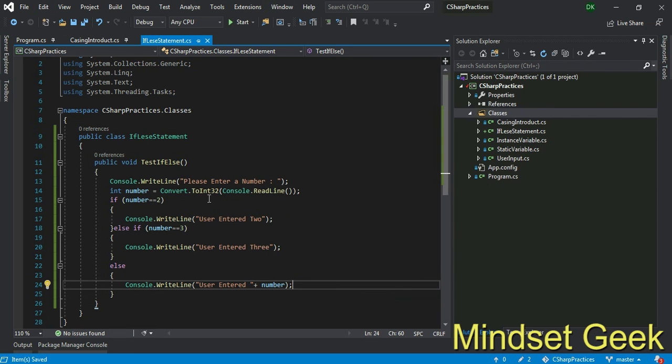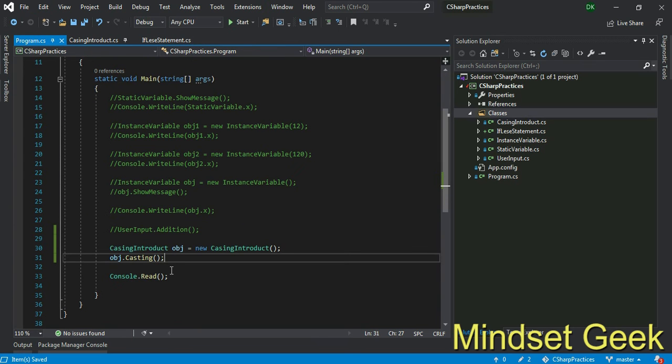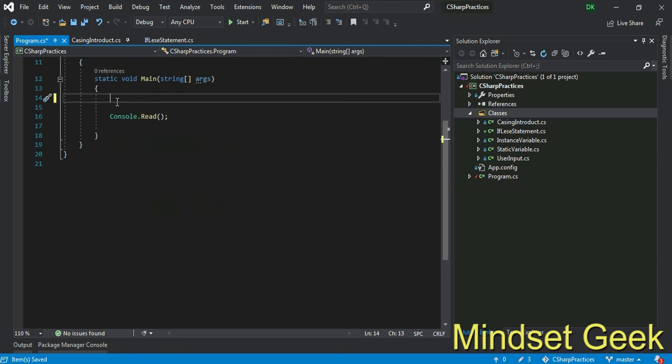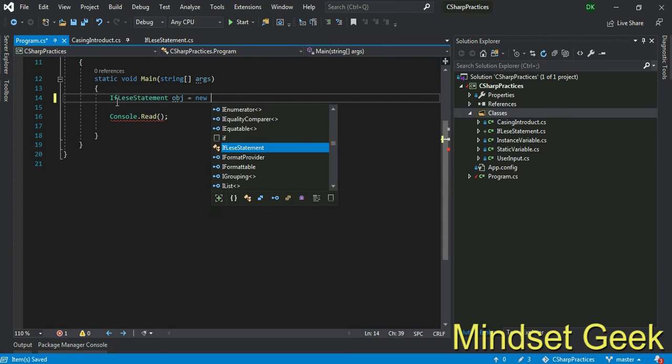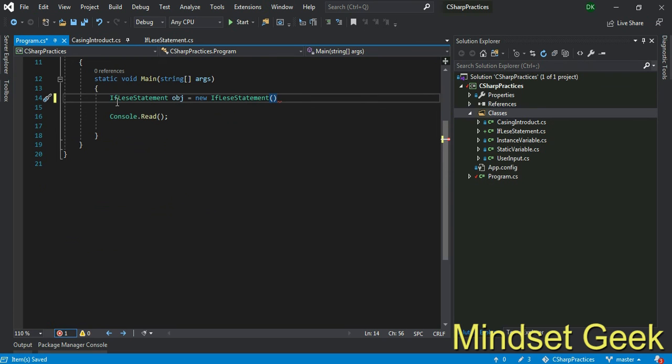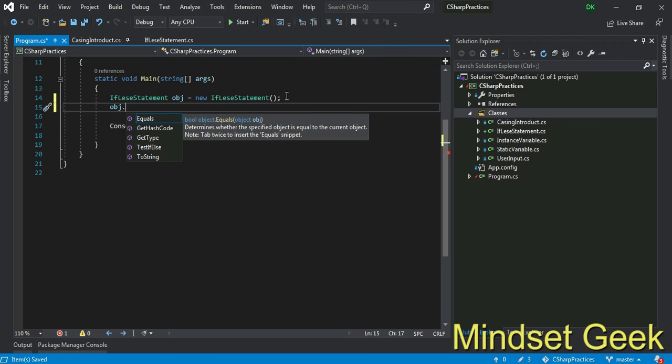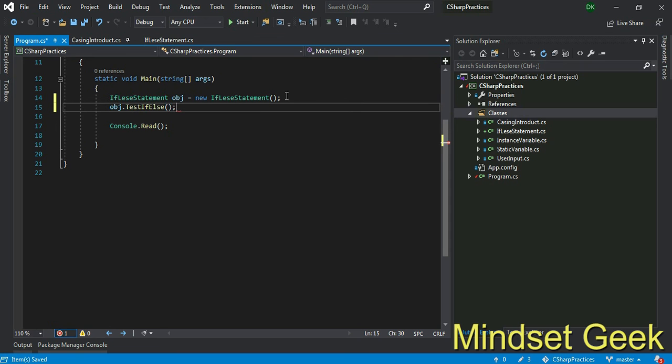Okay, now I want to execute this one. Go to your program.cs, remove all the things and make an object from this class. You can use any name for the object name, right? New object. Now I want to access object name dot test else if method, right?